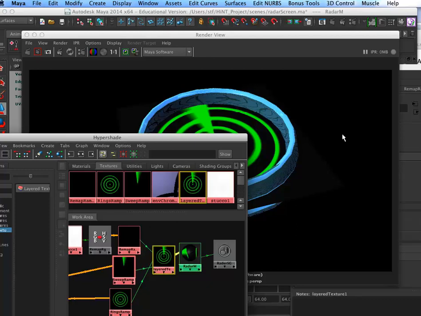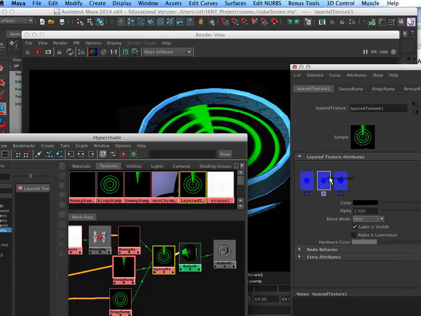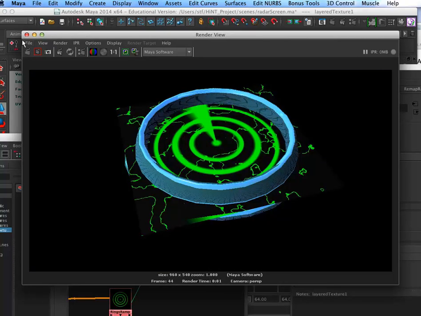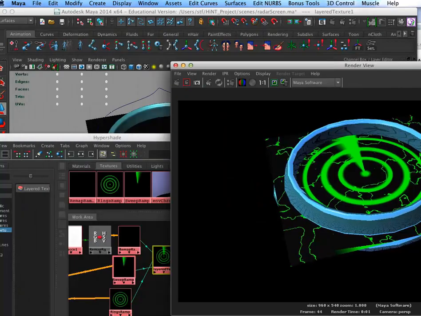All right, so going back to that layered texture, and okay, so that was how this guy was layered over that guy. Now we have to do how this guy is layered over that one. And so we'll also try that add and see if that gives us the result we want. And it does. Yay! Okay, so right there you have a nice, easy radar screen, where you can easily